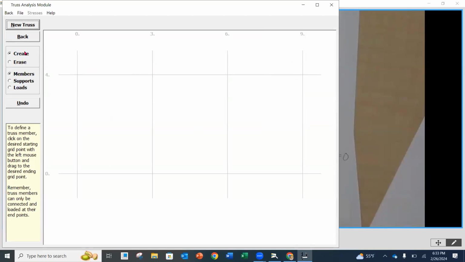From here, over on the left-hand side, you're going to have Create. And then I'm going to create my members. Those are the members in between the joints. So I'm going to start in this lower left-hand corner. I'm going to left click, drag, and release when I get to a corner. It's going to snap. Then I'm going to left click, release, and put it in the configuration